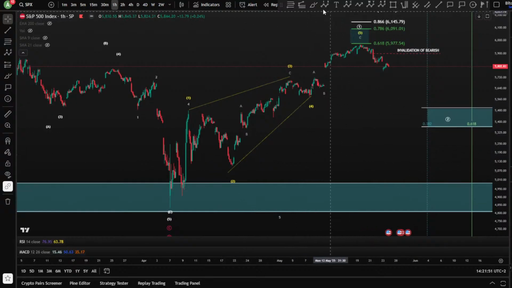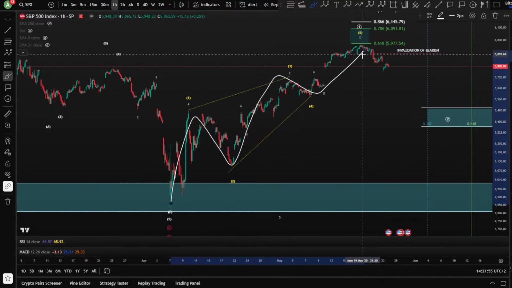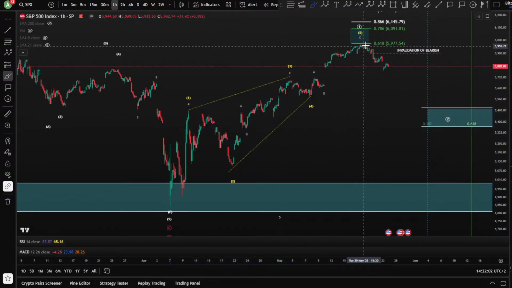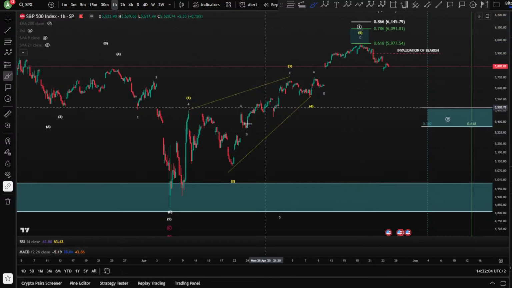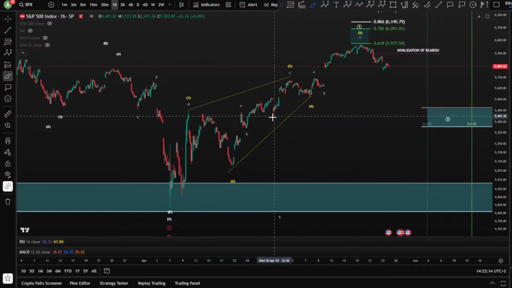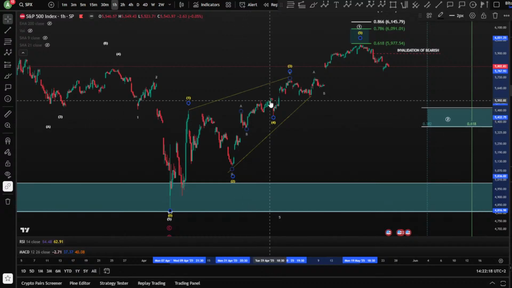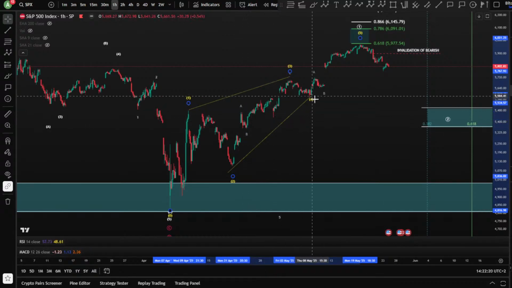So for SPX, we have 1, 2, 3, 4, 5 potential scenario, of course, which can be a leading diagonal, right? So the wave one, of course, can be finished. We hit our blue box. We hit 5 waves in leading diagonal, potentially, right? I don't trust it so much. First, because anyway, we need a wave 4 to interfere with zone 1, by the way. So if your wave 4 maybe is here and this is your ABC here, it can be a potential, but I don't trust it, guys.